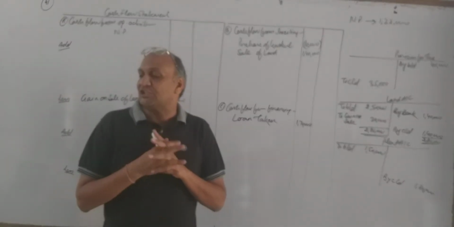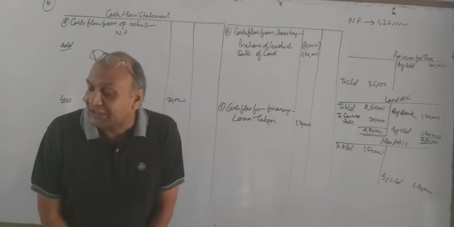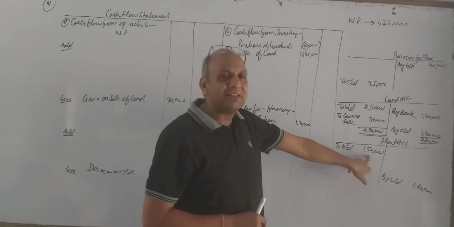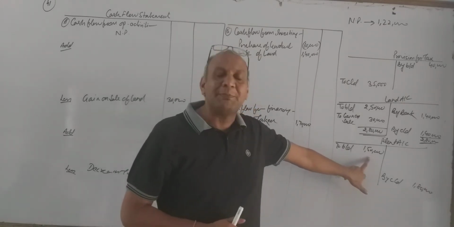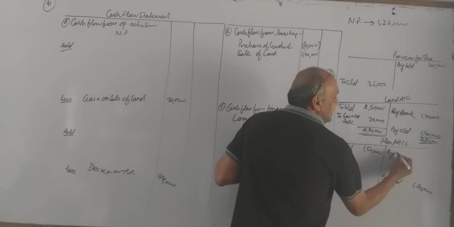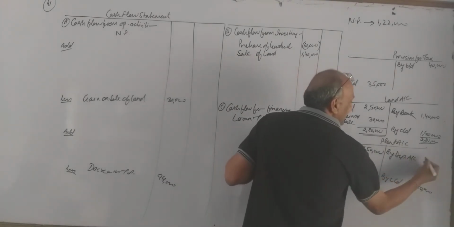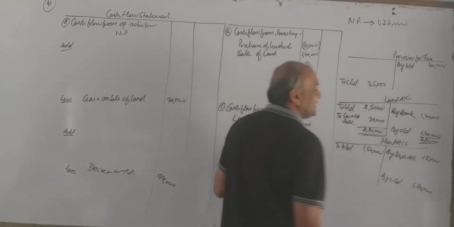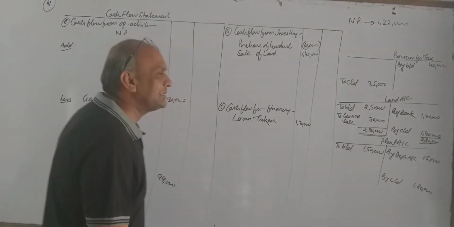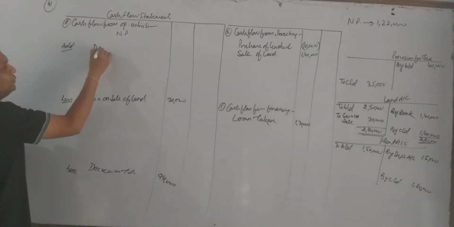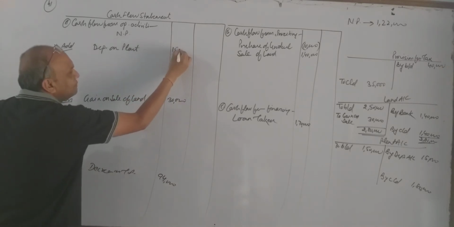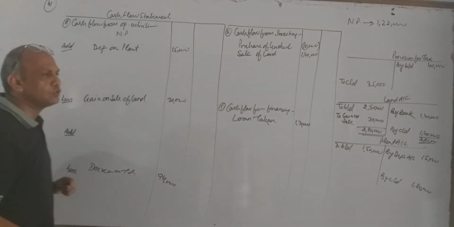Depreciation on plant and machinery was provided at 10% on last year balance. This is plant account. Last year balance is 1,50,000. On this balance we have to charge a depreciation of 10%. So due to depreciation, the value of our plant account will reduce. That's why we are showing this depreciation on credit side. And the second entry for this depreciation will go by adding into operating activity. Depreciation on plant, 15,000 rupees. Each adjustment will go at two places.